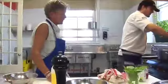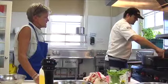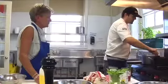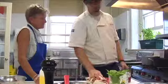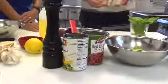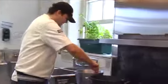How about herbs for this? Definitely. While it's cooking, I love putting fresh basil in at the end. Oregano is good too. The rosemary I kind of stay away from. It's not so traditional in this kind of soup. Maybe some thyme, bay leaf if you had it. You want to throw that in there. And the pasta should be...